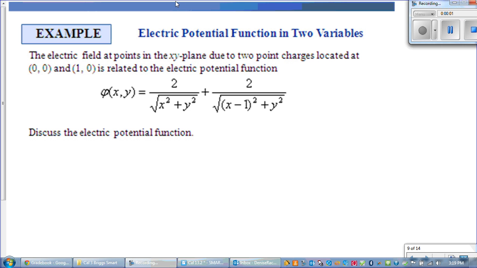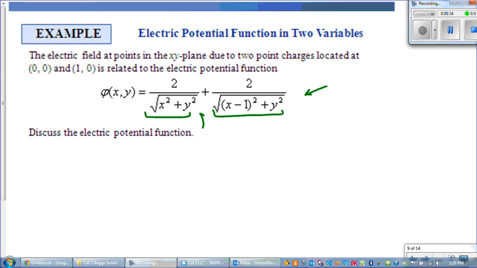The electric field at points in the xy plane due to two point charges located at (0, 0) and (1, 0) is related to the electric potential function phi of x, y given by this equation. The electric potential function will be defined for all values except what makes these denominators 0. Now, if I look at each of these two terms, we have different points that make one or the other